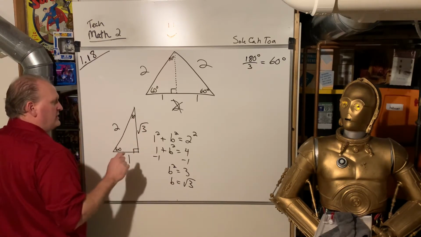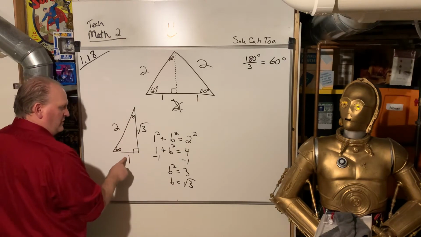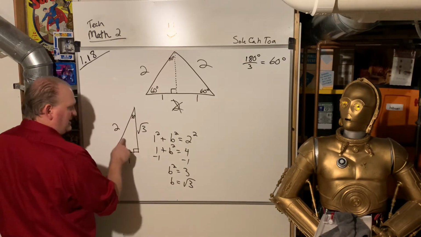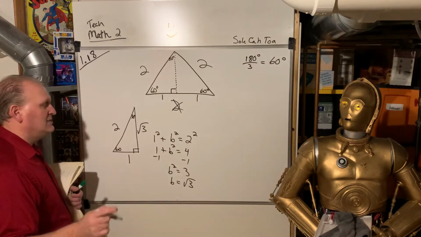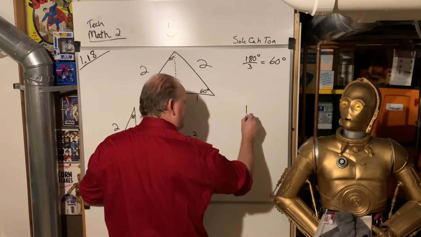These are always true. The side opposite the 30 is always 1. The side opposite the 90 is always 2. And the side opposite the 60 is always the square root of 3. So now again, what if